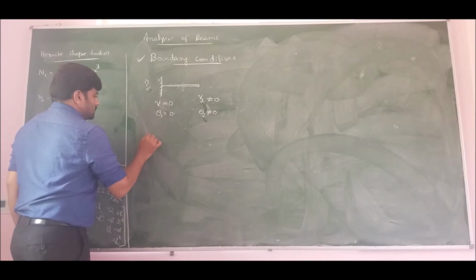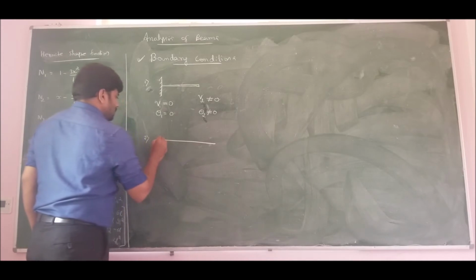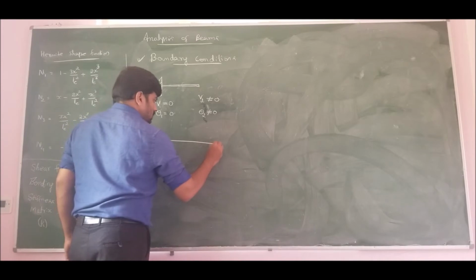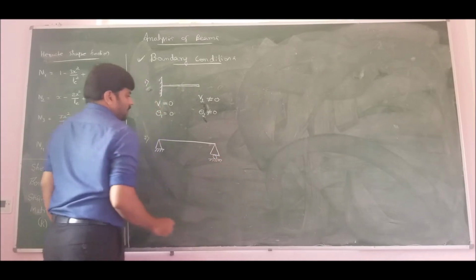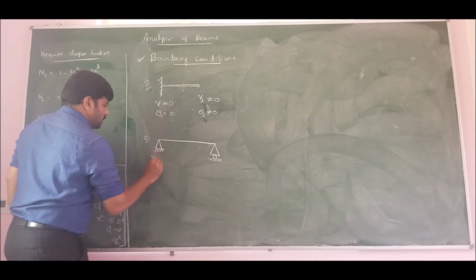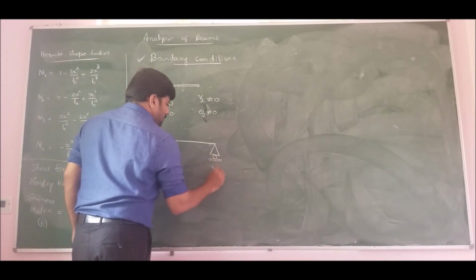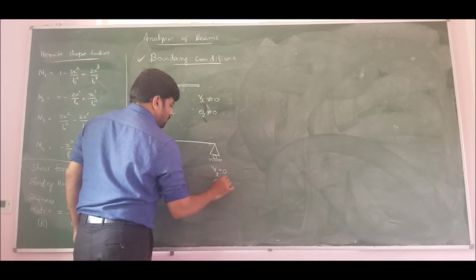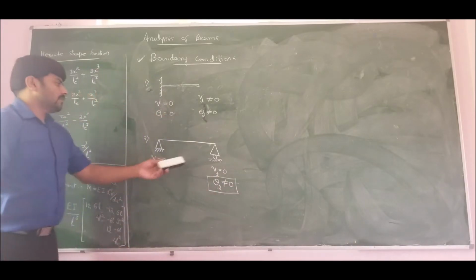If it is partially fixed, like one node is completely fixed and another node is arrested only along the y-axis, then node 1 is completely arrested, so V1 is equal to 0 and theta 1 is equal to 0. Whereas at node 2 only deflection is arrested whereas slope exists. So we should find the value of slope when you have problems like this.